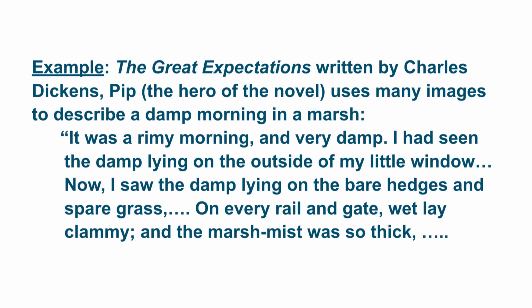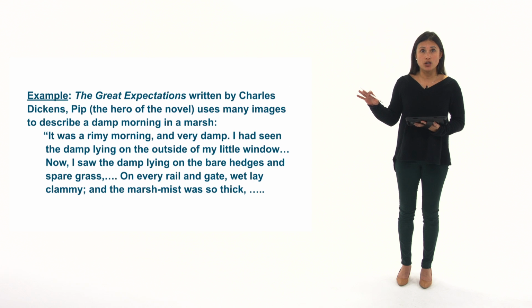Notice his repetition in this passage. He repeats the word damp. What kind of word is damp? It's a consonant word, right? Begins with a consonant and ends with a consonant. And so he's using alliteration in this image. He's using sound to layer on top of the image he's creating to push the mood for the book.